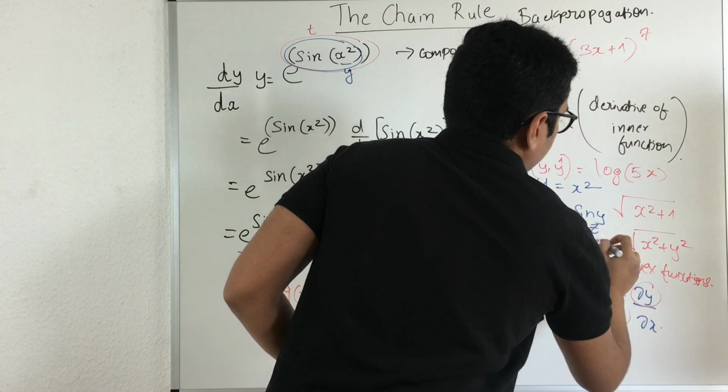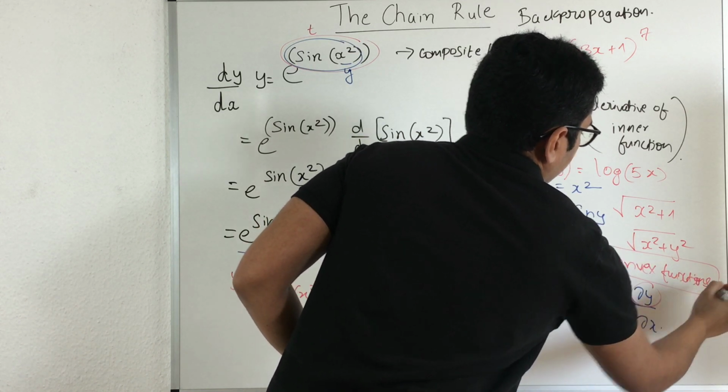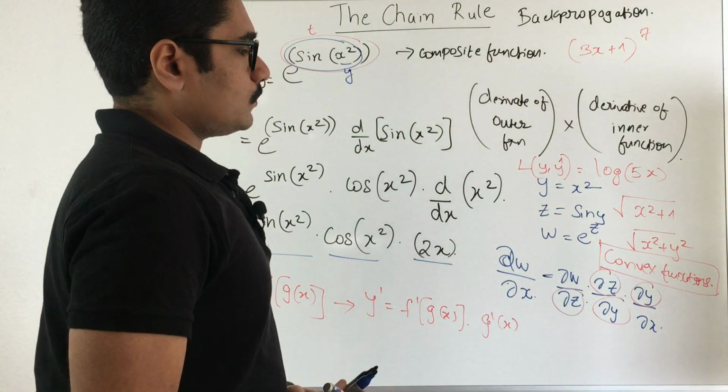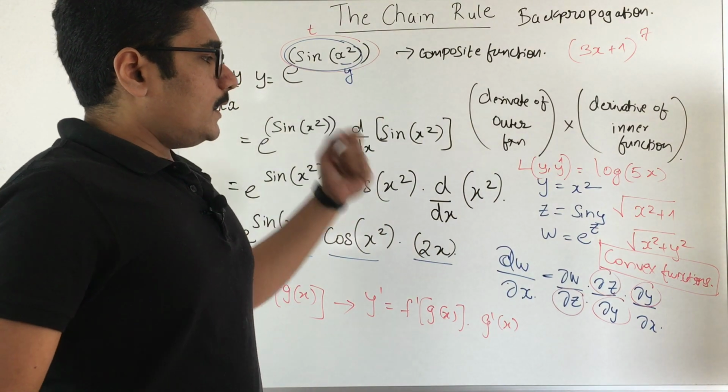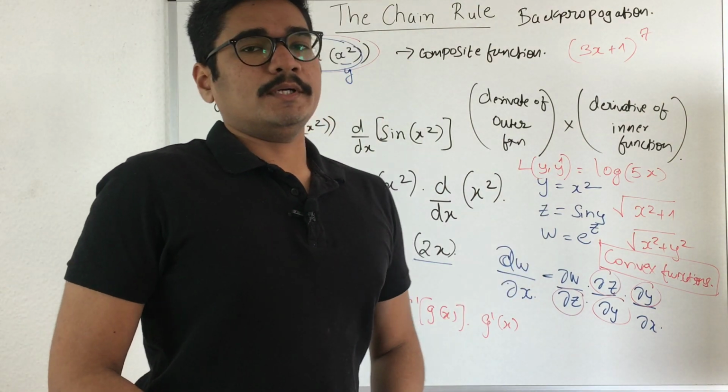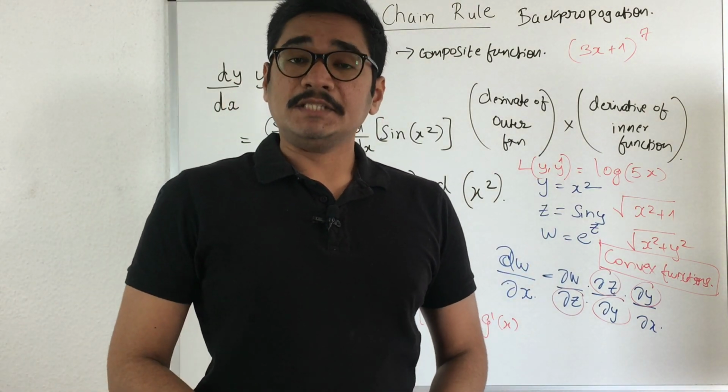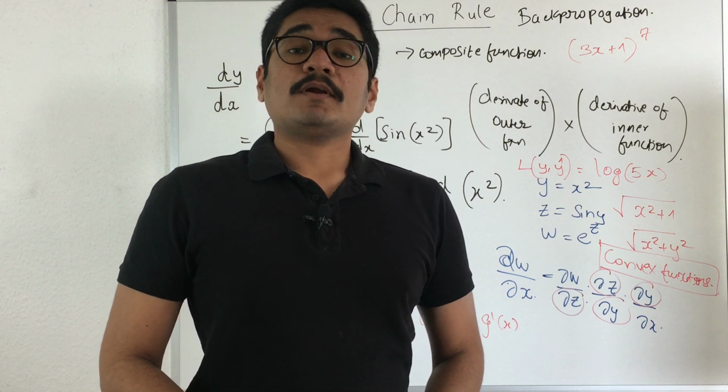So this is the beauty of where the chain rule comes into play for differentiating in neural networks. You can essentially take the derivative of this and you can backtrack to update each and every individual unit. Well, that was all regarding the chain rule in deep learning for back propagation.